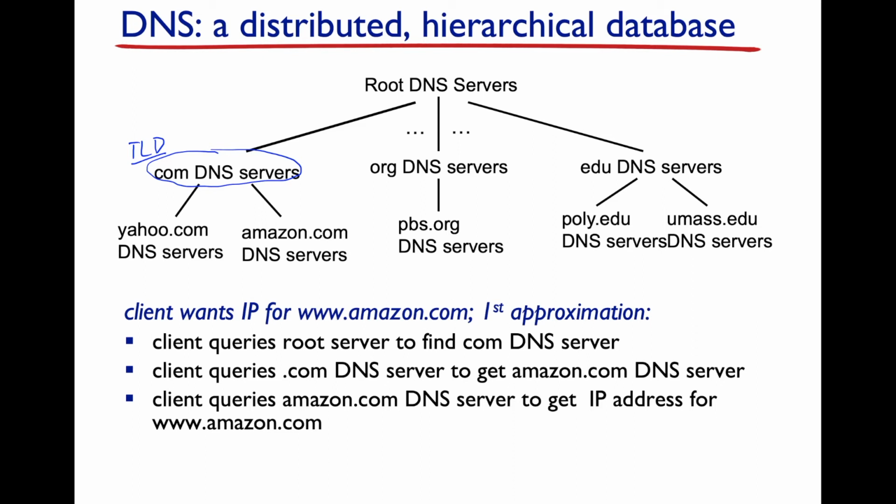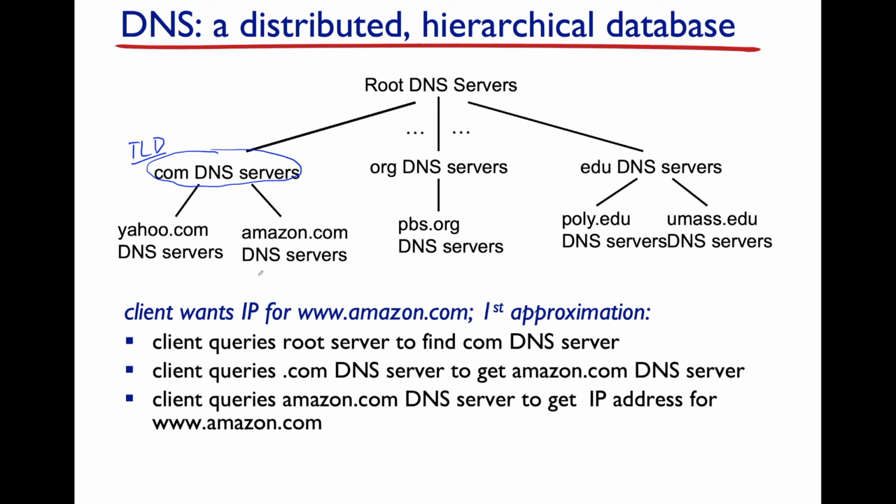I don't know the mapping for the IP address corresponding to Amazon.com, but since you're .com, you need to contact this .com top-level domain name server, because there you'll find all of the name to address mappings for .com domain names. So then the client queries the .com DNS server, and it sees, oh, well, you want Amazon.com. This .com DNS server says if you want all the Amazon IP to name mappings, you need to go to